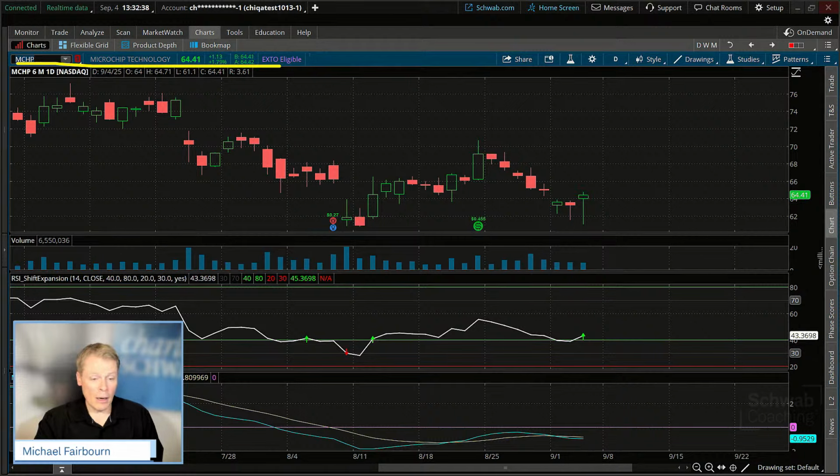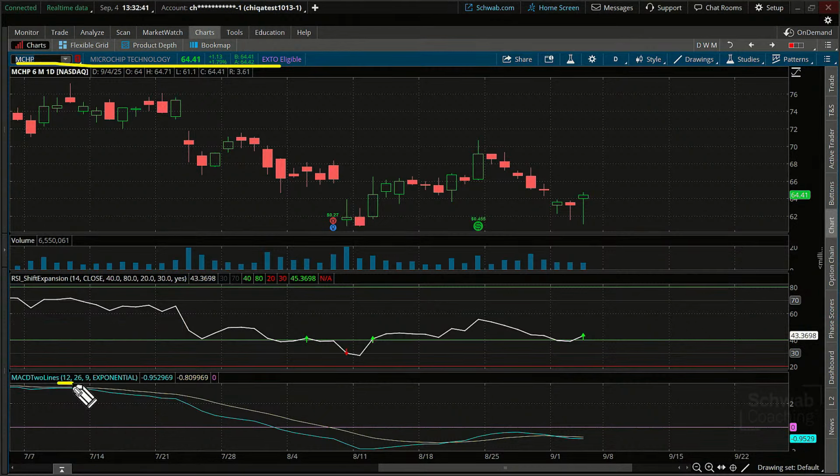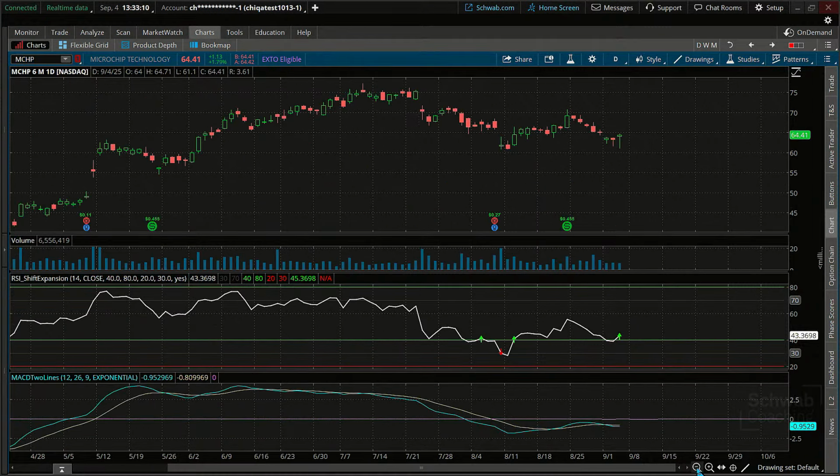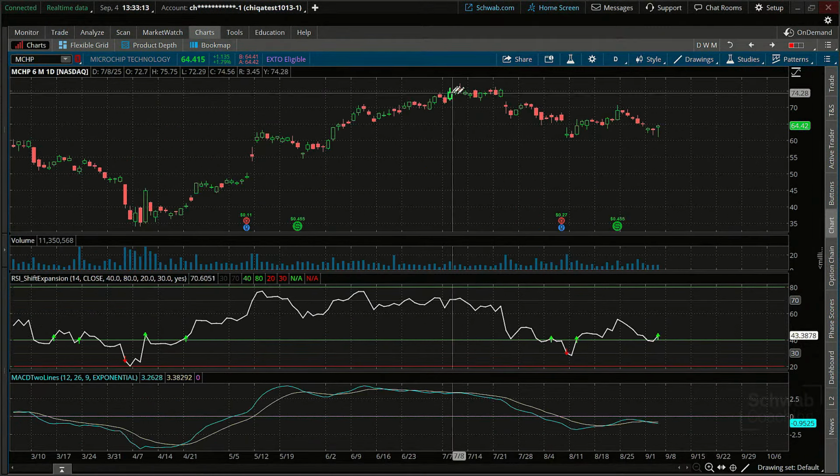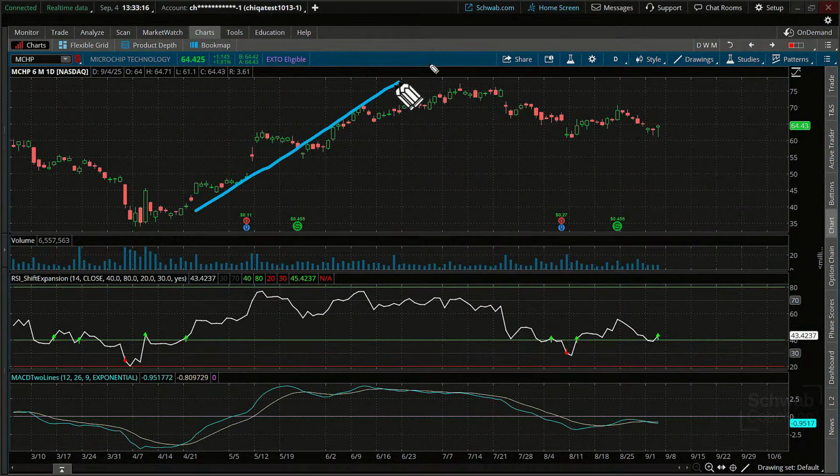In fact, we need the blue line, the 12 EMA, to cross above the 26 EMA, exponential moving average, to give us that signal. But that might help to filter out some of the noise. In other words, we're getting noise, but nonetheless, the RSI is buying into this. This RSI says yes. Well, after the market closes, we have to check that out. But then, do we get the follow through on the MACD? In other words, if that unfolds, does the trend begin to establish itself back to the upside after a pullback?